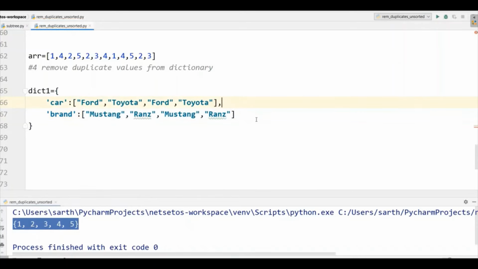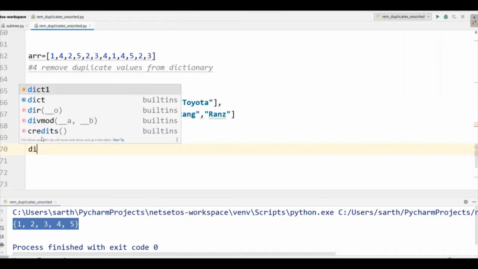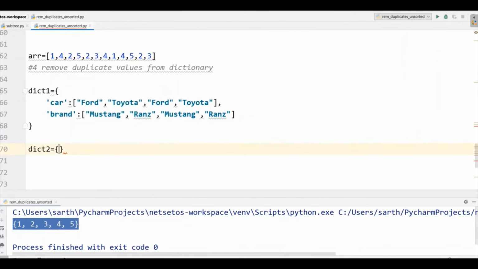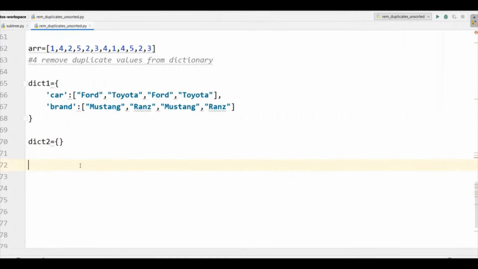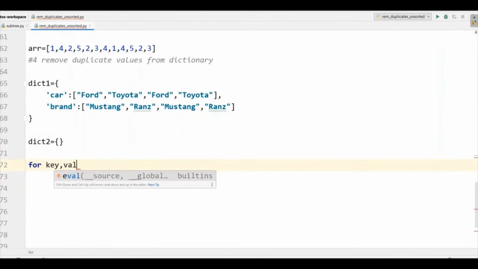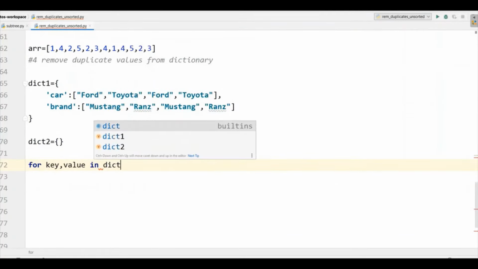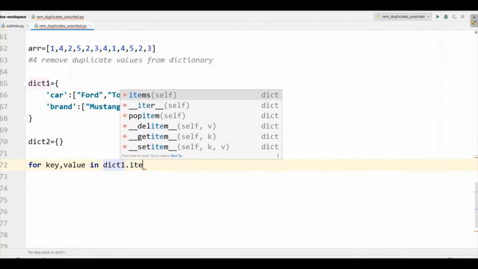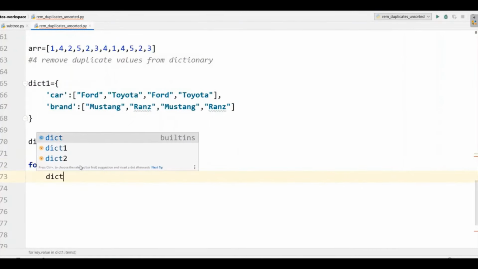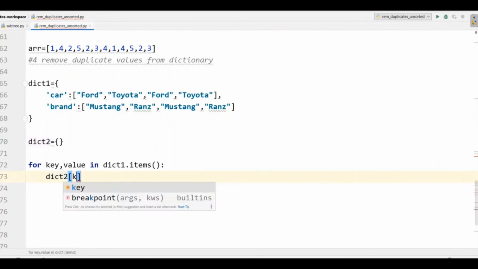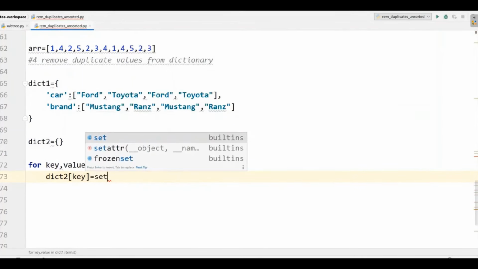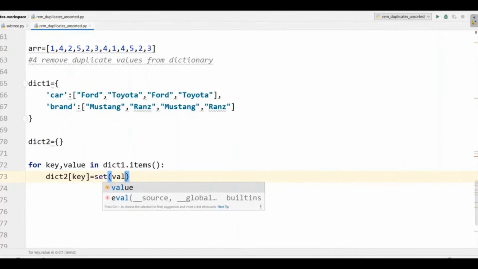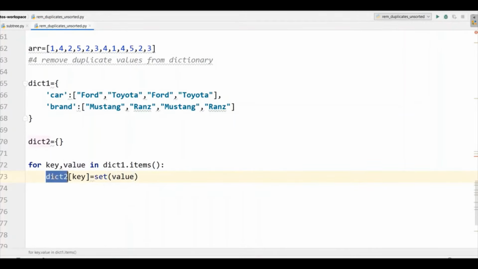I'll put comma over here. And first of all, I'll take an empty dictionary. Now we need to iterate this dict1. So I'll take for key and value in dict1 dot items, where dict2 should have first key equal to set of values, and then we will print our dict2.